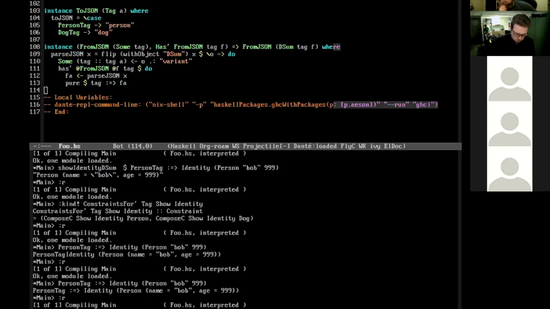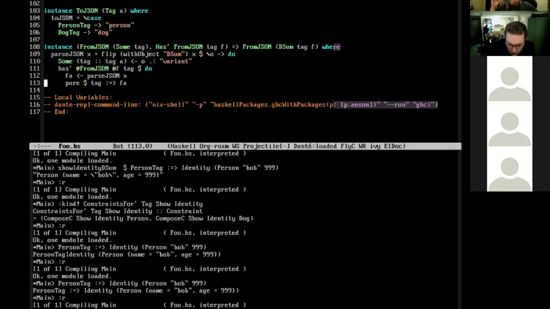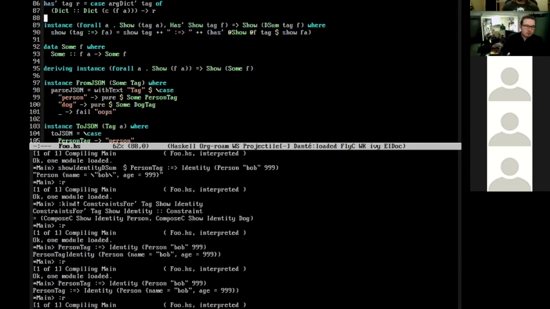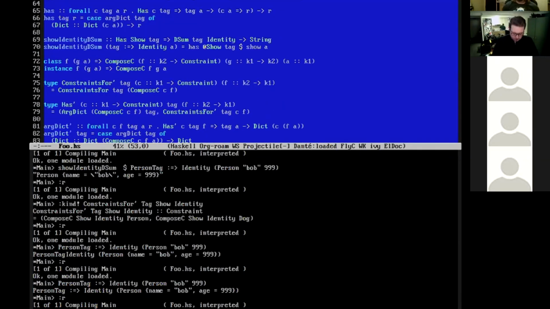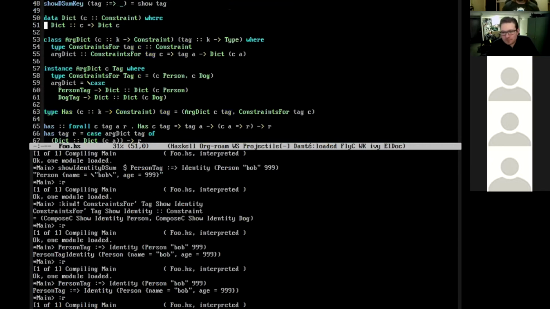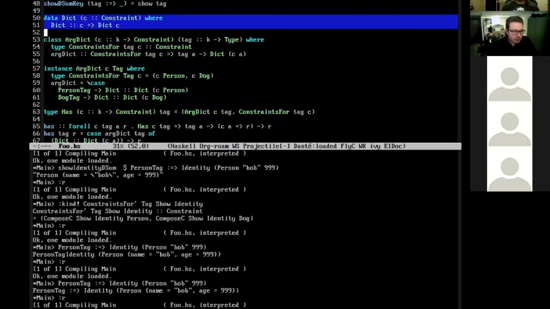So what else do I want to say about this? This little wrapper has been split off into its own library called sum, S-O-M-E. All of this machinery lives in ConstraintsExtras and is quite heavily documented. The documentation hasn't landed on Hackage yet, but it is in the source files at least. And the dict type itself is in the constraints library.